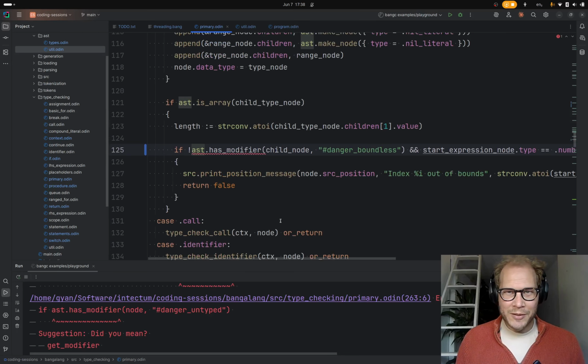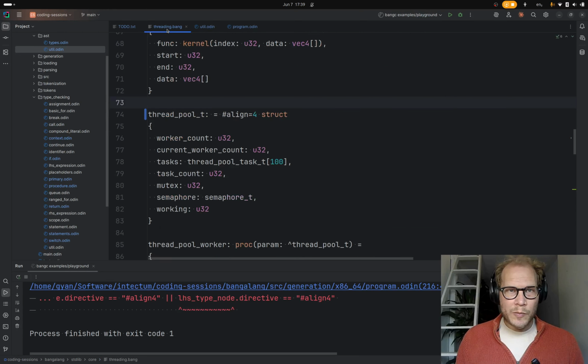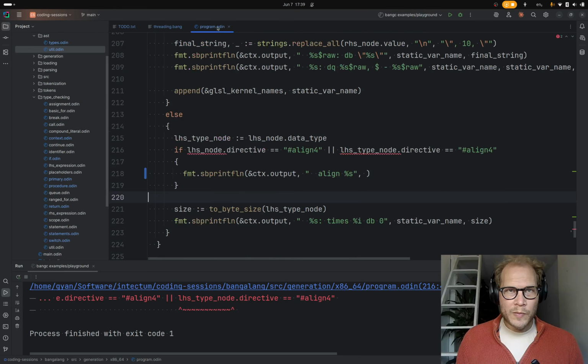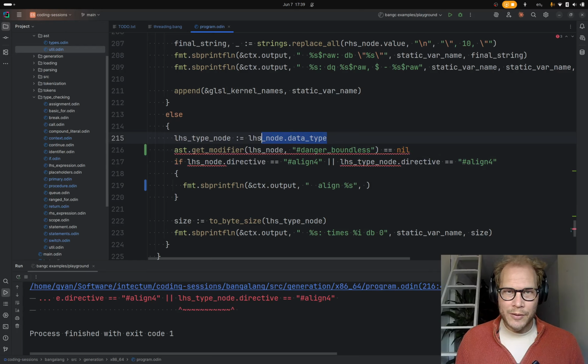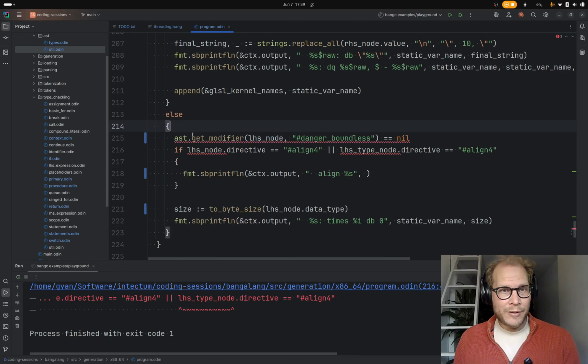Okay. Here we're going to say get modifier equals nil. So if it's not boundless, then we do bounds checking. That makes sense. That seems happy. Okay, so this is why I wanted to do it. So we do get modifier. See here, we're looking on the node and the type node. That's what get modifier does anyway now.